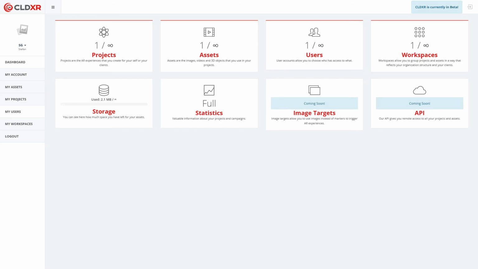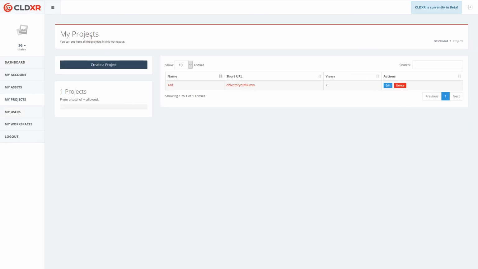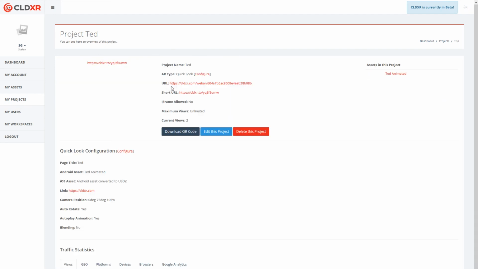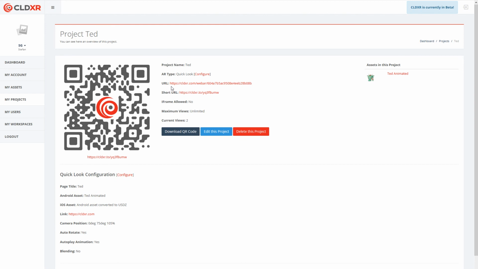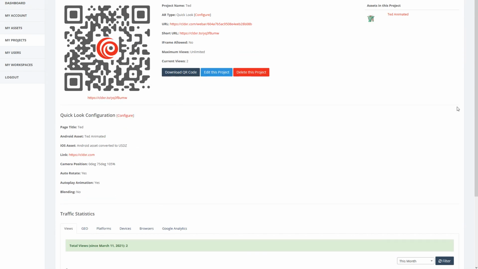Back to the dashboard. Let's look at the project settings one more time. Click on the Edit button or the name of the project to open it. Scroll down to have a look at the project statistics.